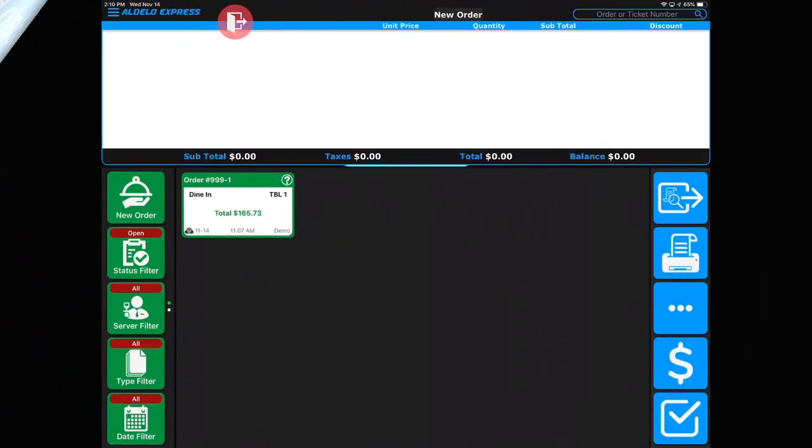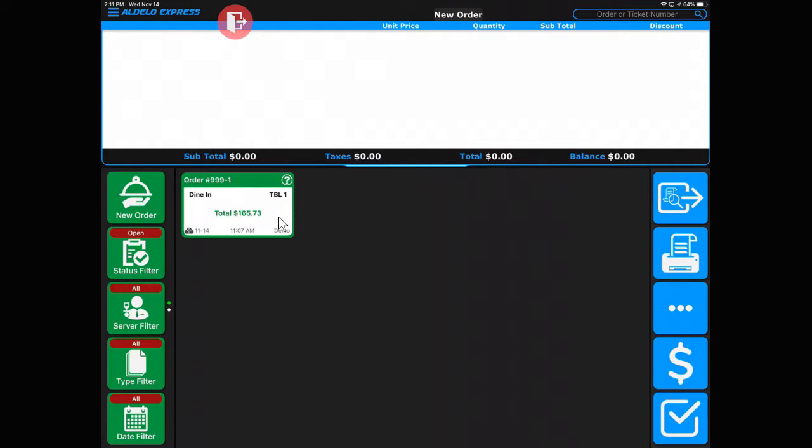Each different vertical that you may install Aldelo Express into has a different screen that begins the transaction. The one that you're looking at now is for a table service or casual dining application. In that, this center area is where we have the different tombstones, is what they're called. They're just the different tables that are already open for that server. So any previous transactions that were already rung will show up here in the center, and to recall that table,